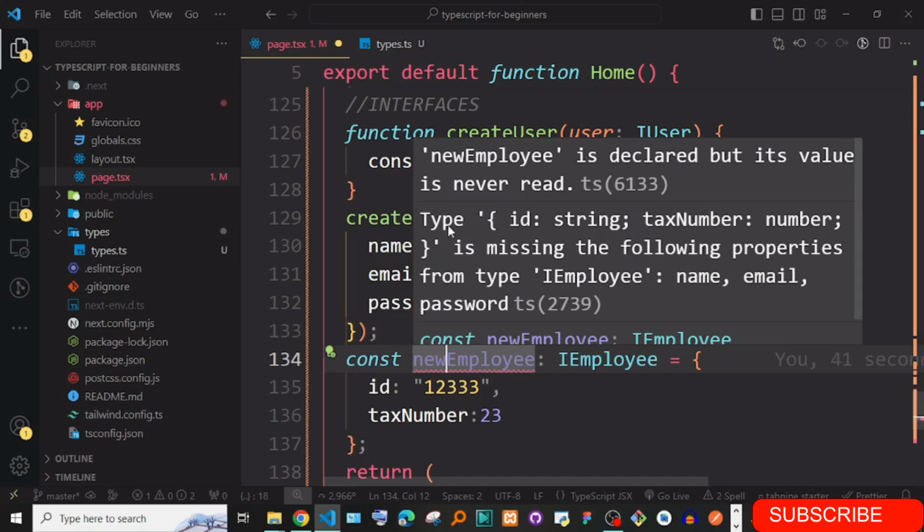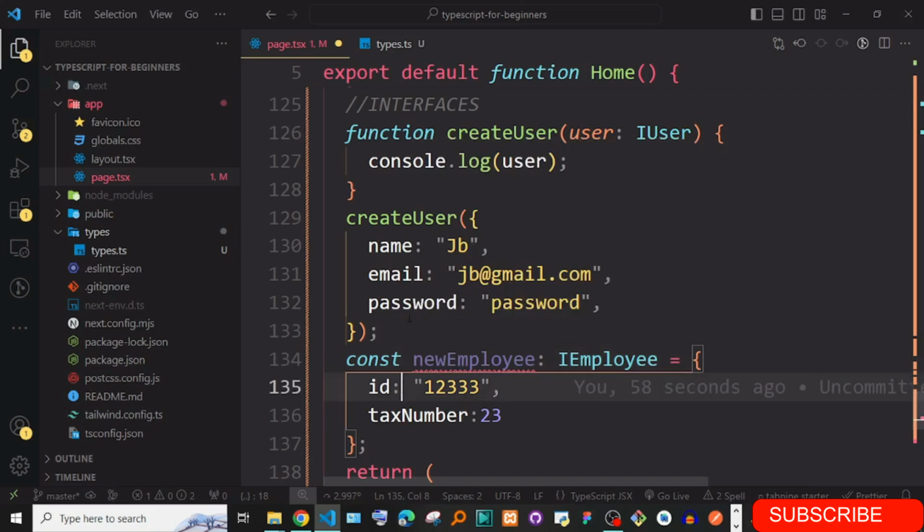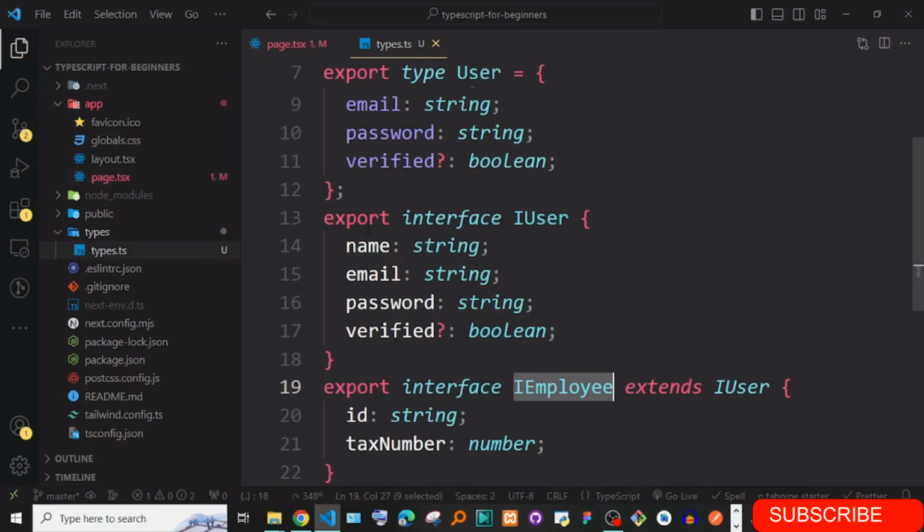So you can see it says ID type number is missing the following properties from type employee: name, email, password. All these are missing because they were extended. When you extend, everything that you have inside here you have actually added in here. Instead of duplicating all of these, you simply extend.